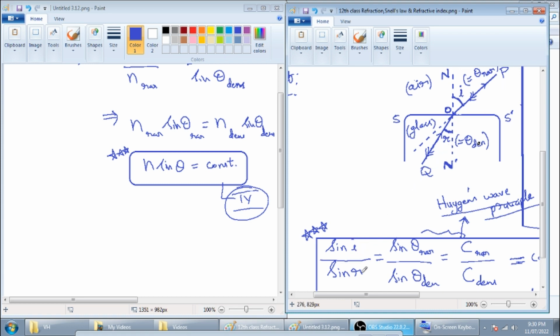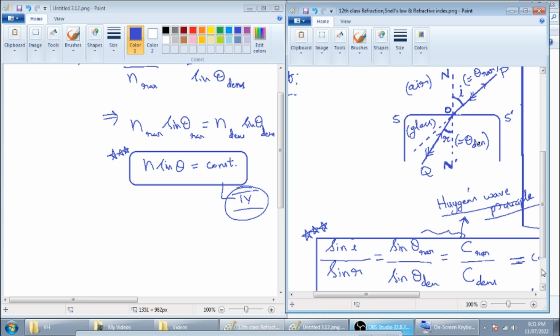Sine of angle in the rarer medium to the sine of angle in the denser medium. Due to this reason, many textbooks follow this particular notation. I is simply taken as the angle in the rarer medium, R is simply taken as the angle in the denser medium. They are not called angle of incidence and angle of refraction because of the principle of reversibility of light. So the ratio of the sine of angle in the rarer medium to the sine of the angle